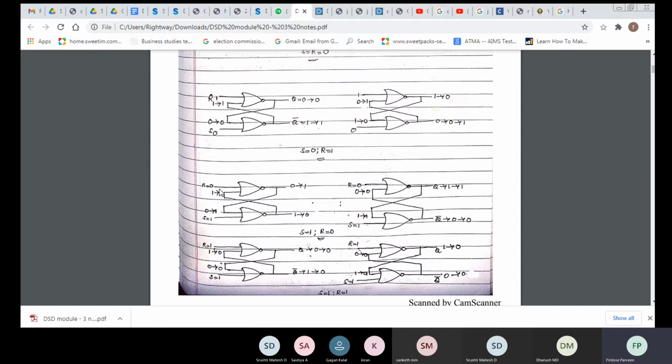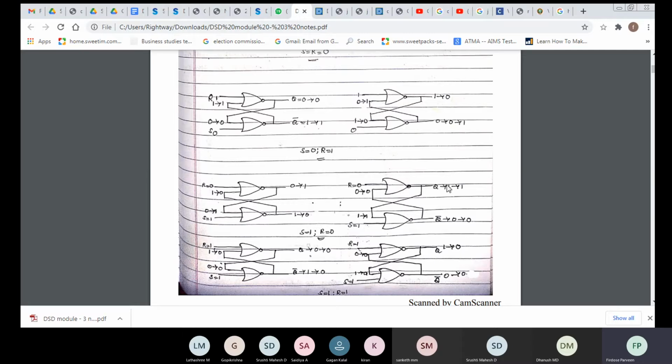So what happens? This is 0, 0. 0, 0 means output will be 1. So this has changed to 1. So this 1 comes here. Again 1, 1 means it remains with 0 only. 1, 1 for a NOR gate is 0. So what it indicates is, when S is equal to 1 and R is equal to 0, if the previous state is 0, it is changing to 1. In the same way, we will see if the previous state is 1. Here we have taken the previous state as 0.